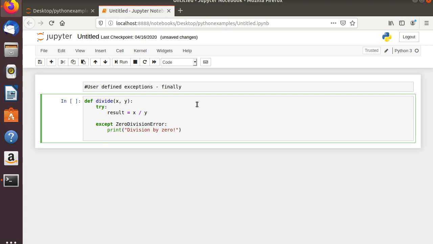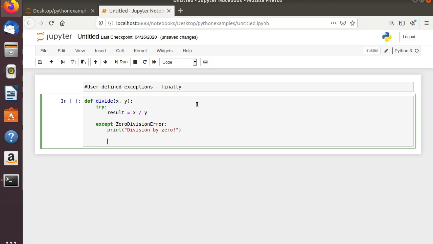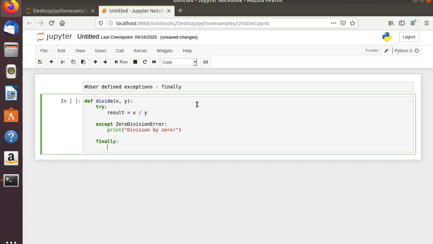Okay, so division by 0, then suppose there is nothing left, finally. Okay, finally what we do, simply for now we can provide a message, executing finally clause. Okay,